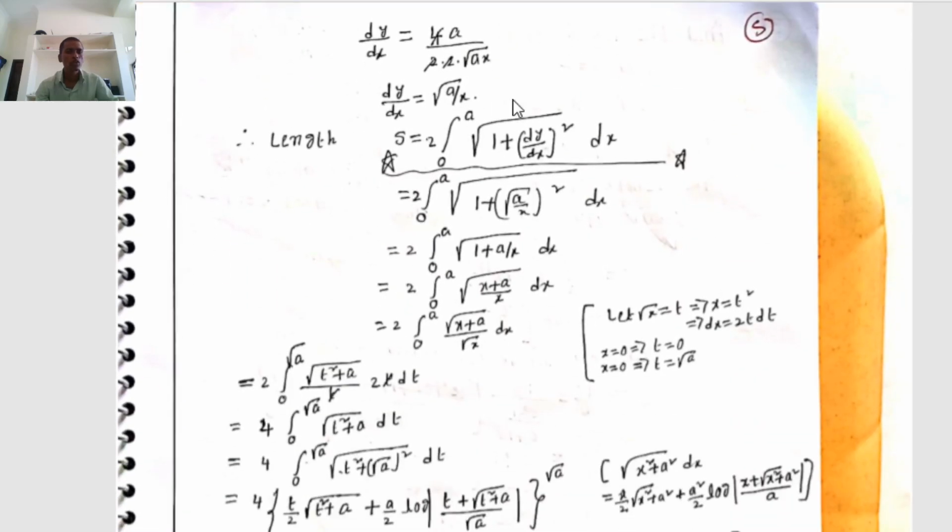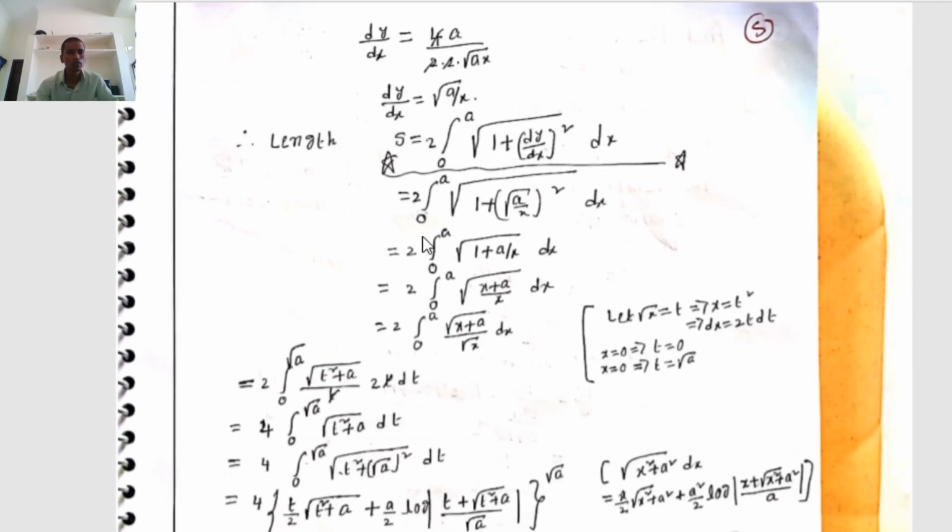That implies dy by dx equal to 2a by y, where y square equal to 4ax, that implies y equal to 2 into root of ax. Therefore 2 into a gets cancelled with 2 into 2 root of ax, that implies dy by dx equal to a by root of ax, which is root a square by root a root x, that equals root of a by x. Therefore dy by dx equal to square root of a by x.